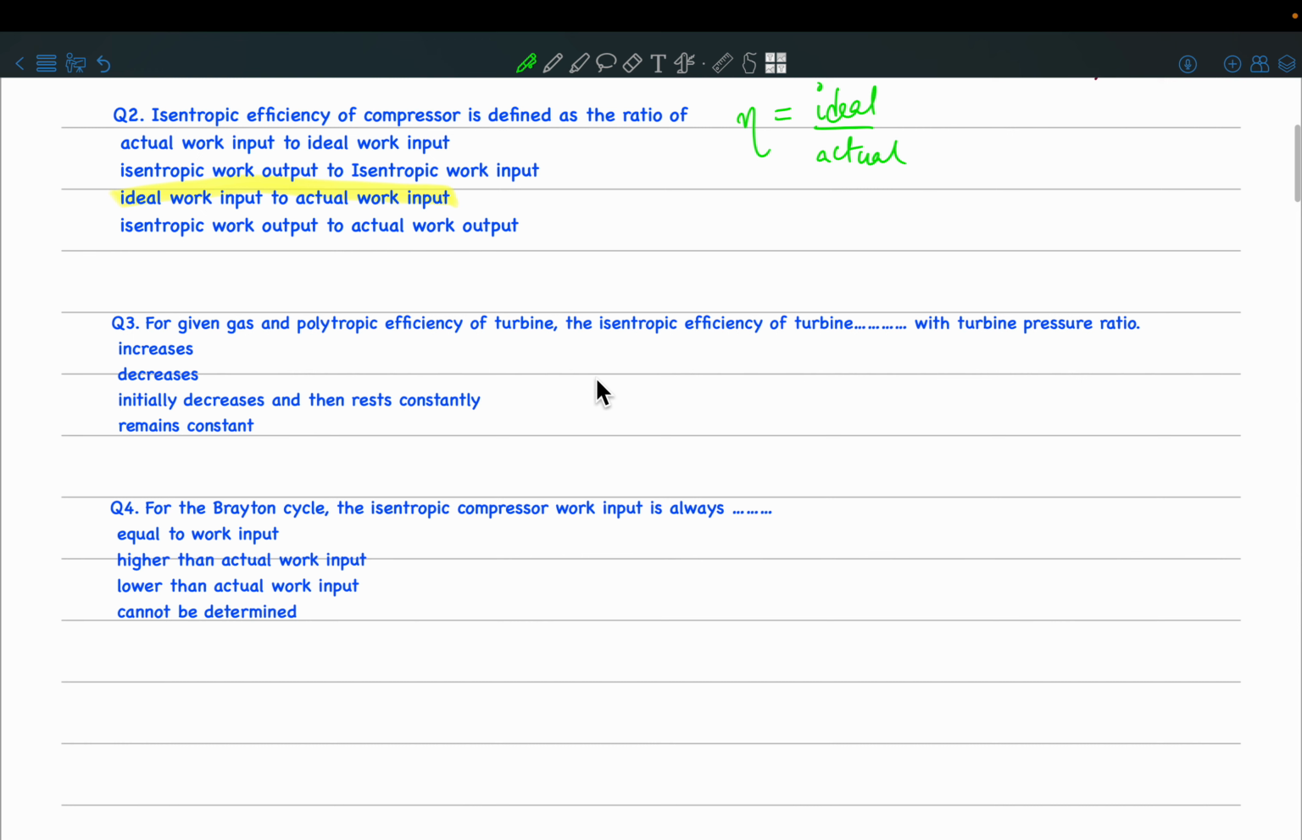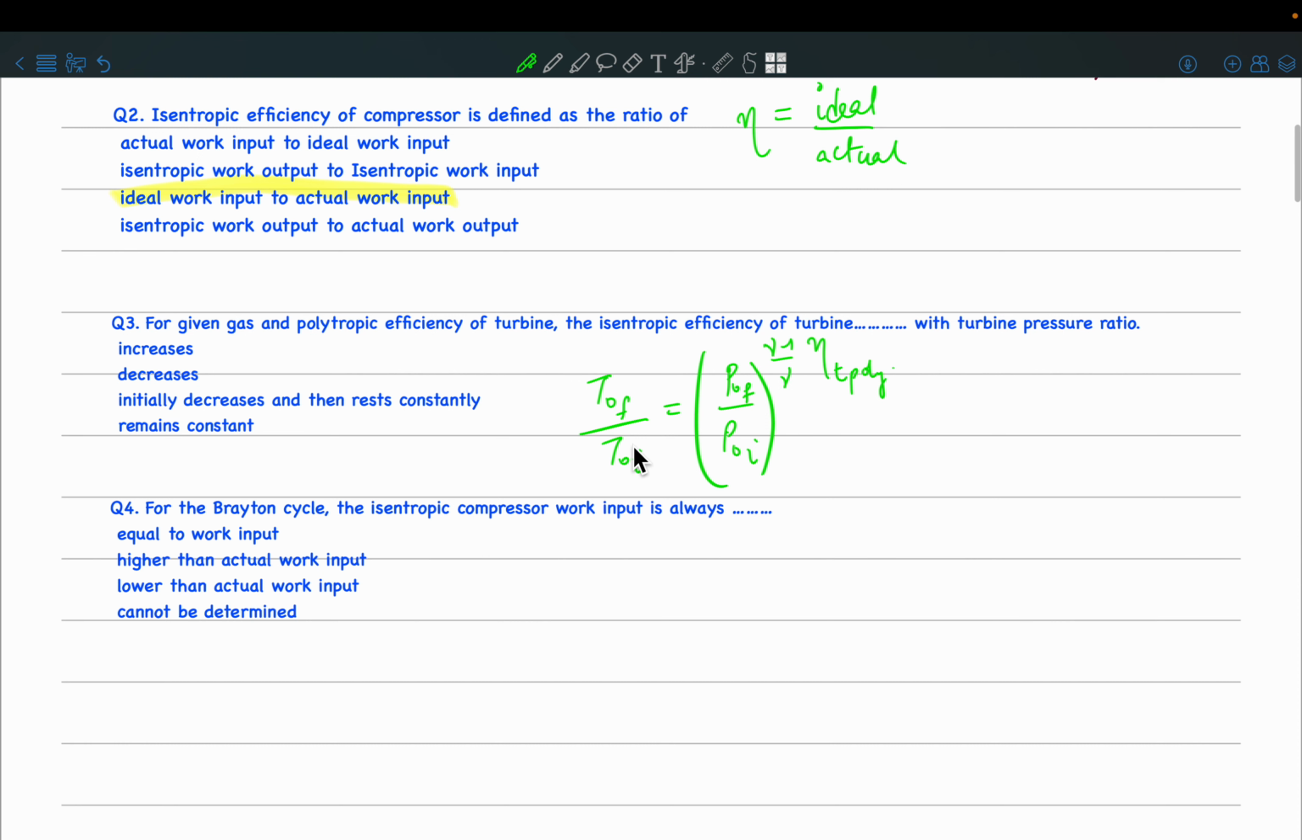Okay, so actually you must have derived this formula. You can relate the T naught ratios. So let us say T naught final by T naught initial is equal to P naught final by P naught initial, whole to the power gamma minus 1 by gamma, multiplied by eta turbine, the polytropic efficiency. Okay, so actually now you are saying that for the same gas, that is you have fixed gamma,